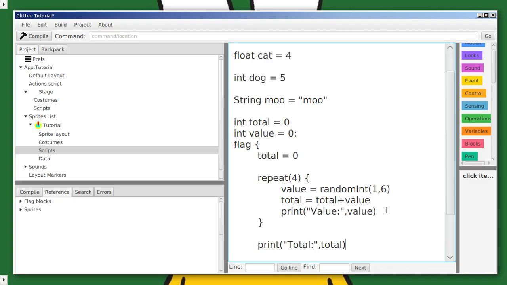So basically, we're getting a different total each time because we're adding a random number each time to the loop. But we're only doing this 4 times, like we always have been. 4 times here. So we're going to learn about a new kind of loop. What I really want to do is I don't want to know